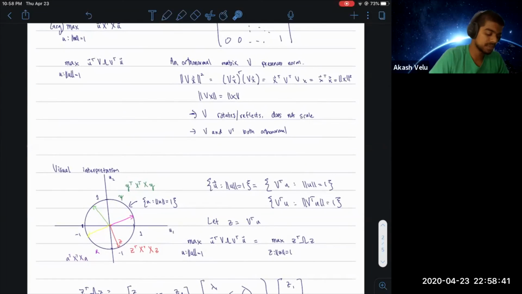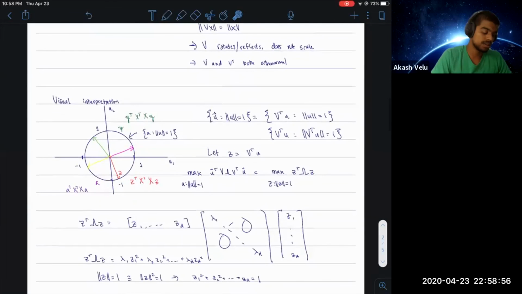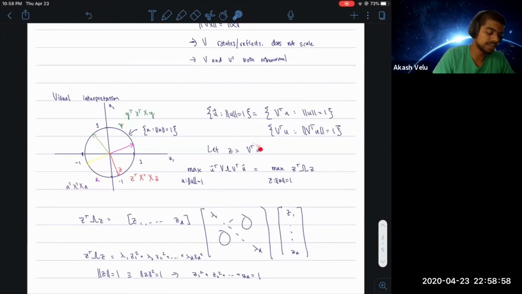We saw that our initial set of choices along this unit circle stays the same even if we multiply each choice by V transpose, right? Because we're just rotating the unit circle, but rotating a circle doesn't really change the circle. So that means that if we define this new vector, Z equals V transpose U, and substitute that into the original optimization, we can write it as a simpler optimization just using Z and lambda. And lambda is diagonal, which is super nice,